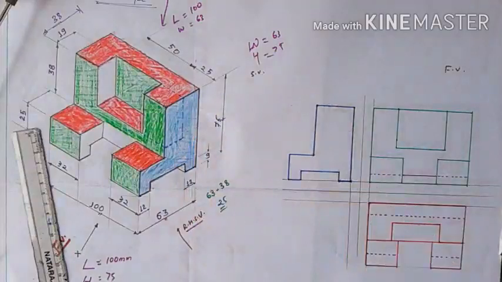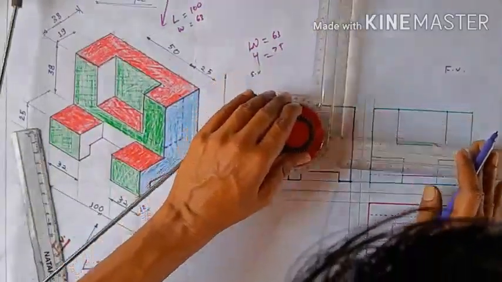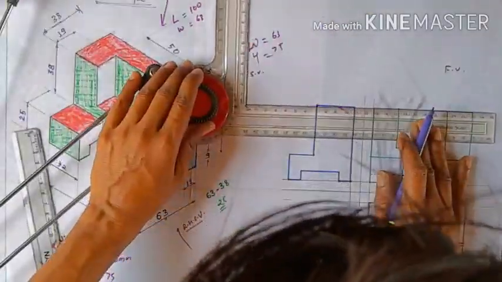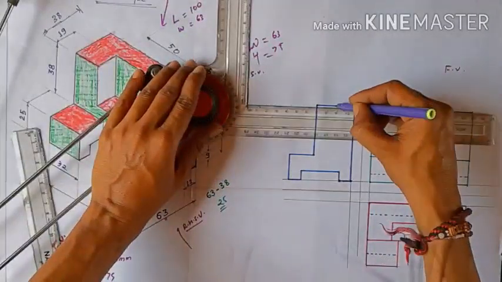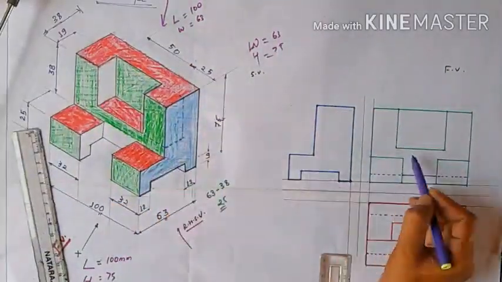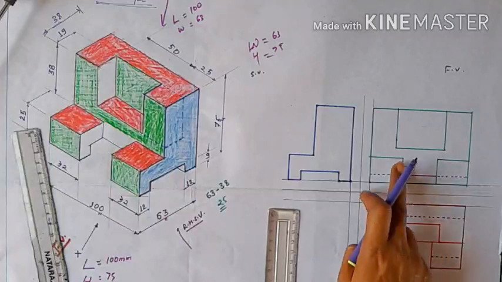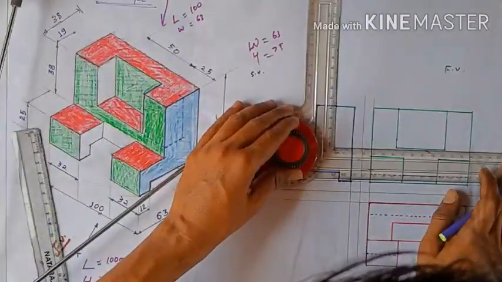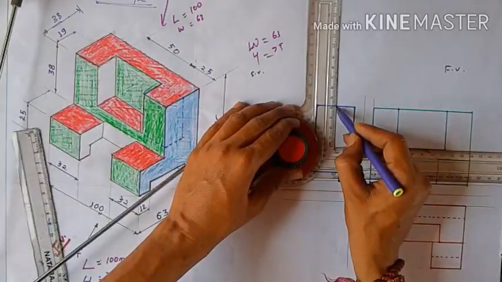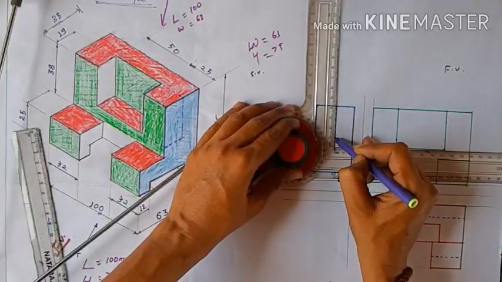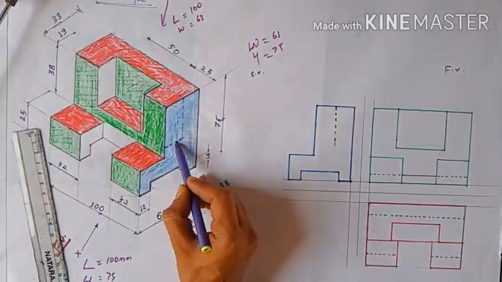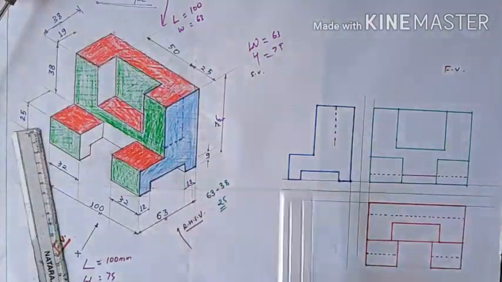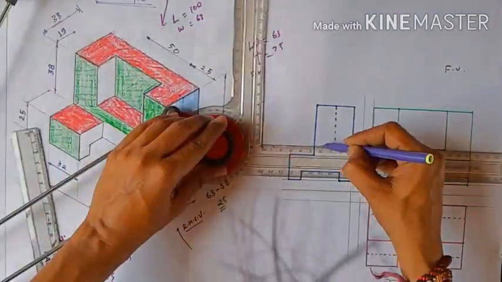From here we draw 19 mm, 19 mm from any side, because this is 38 mm. So the 19 mm line is this, and what about it? This is 30 mm. This line is this line. So what we have done, we make it a dotted line, like this, and this goes toward like this. So this is hidden again till the end.